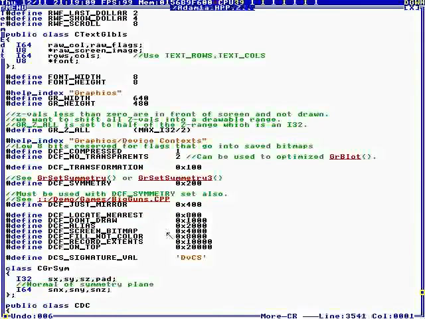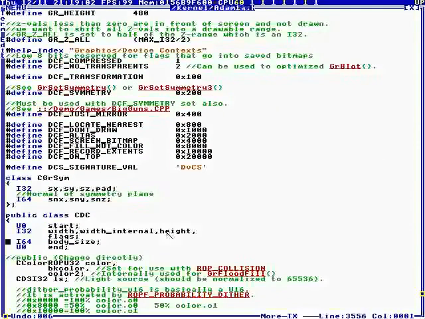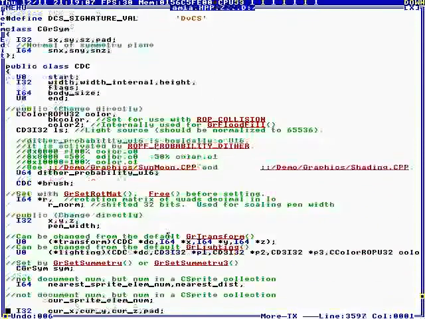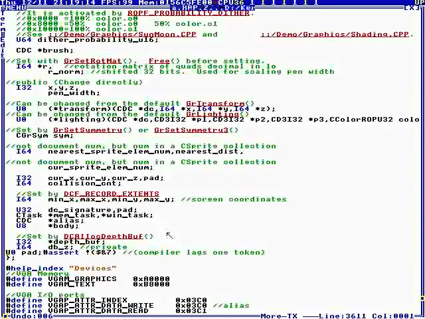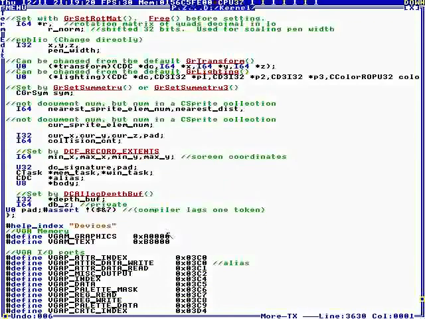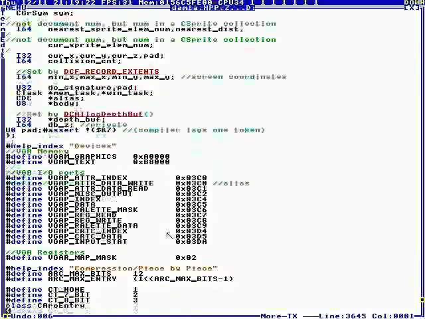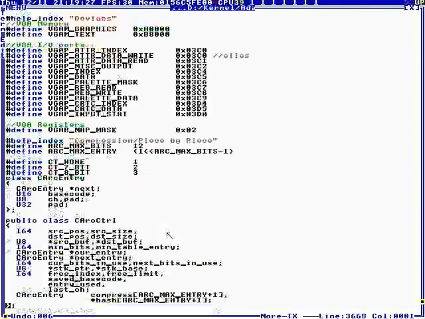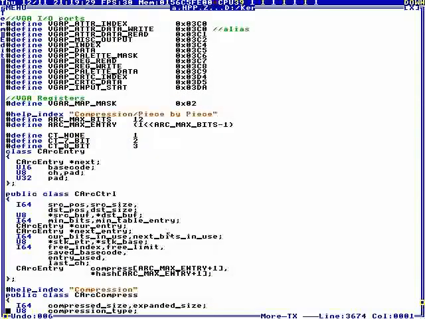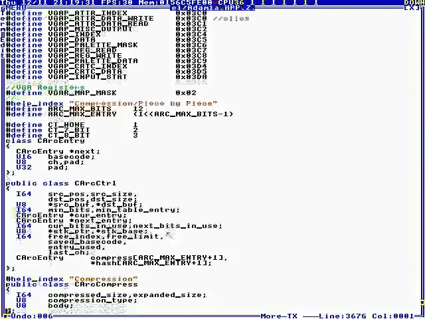This is the device context for graphics. CDC, device context. So it has a pen width, it has a brush. Basically, you can imagine that if you have two people writing to the screen, you want one to set the color to blue and another to set the color to red. Two different windows. Anyway, they need their own color for their device context. So, anyway,